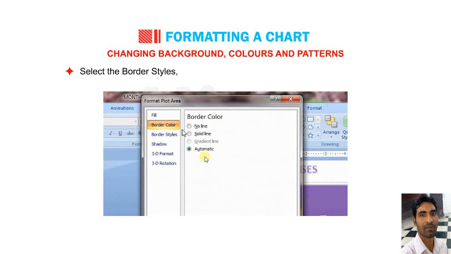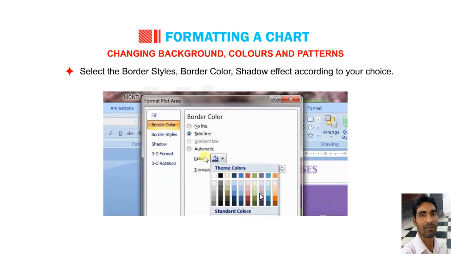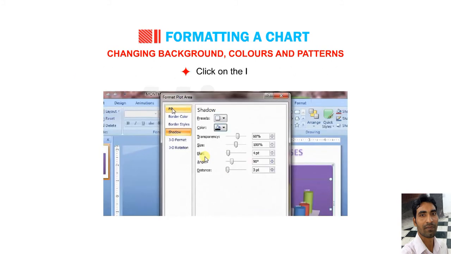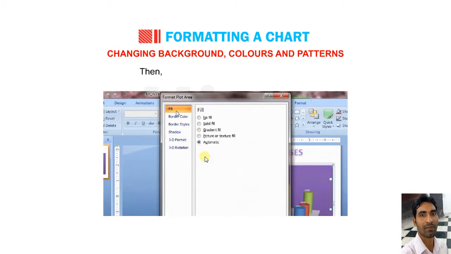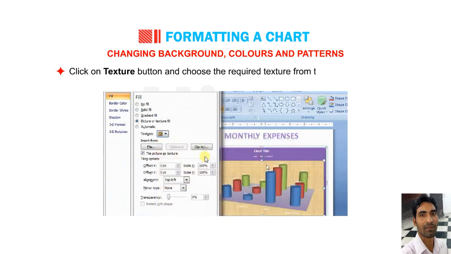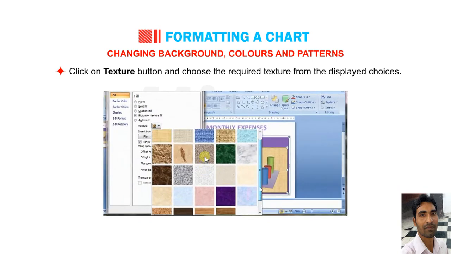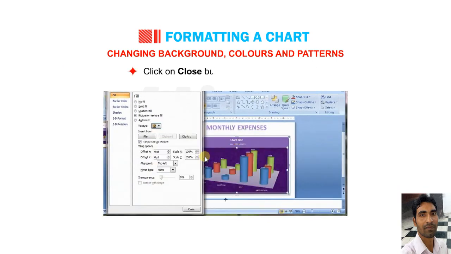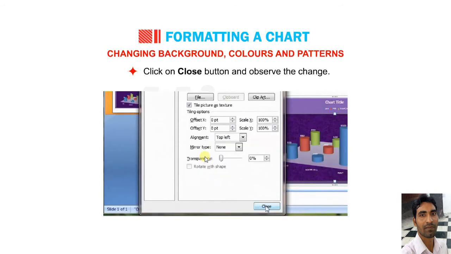Select the border styles, border color, shadow effect according to your choice. Click on the Fill tab, then click on the Picture or Texture Fill option. Click on the Texture button and choose the required texture from the display choices. Click on the Close button and observe the change.